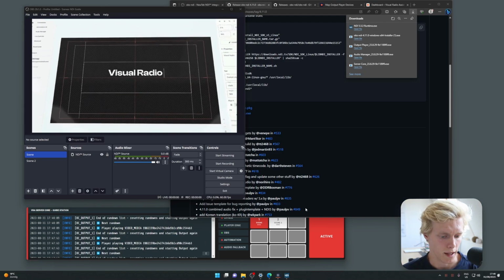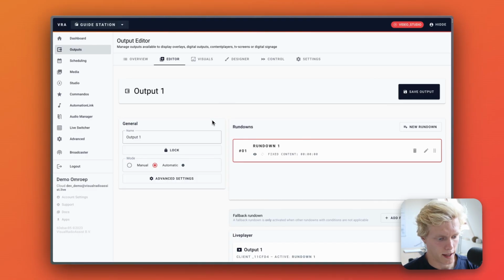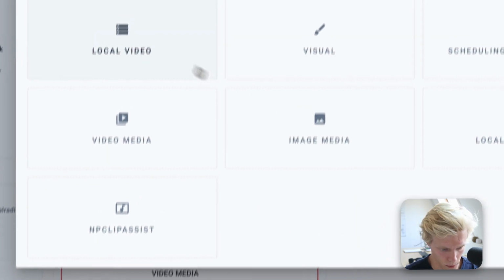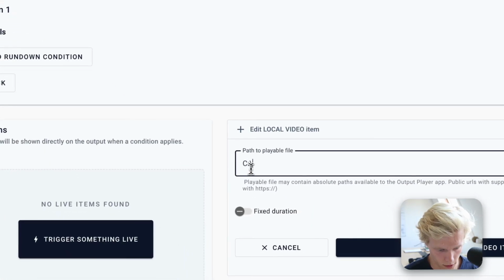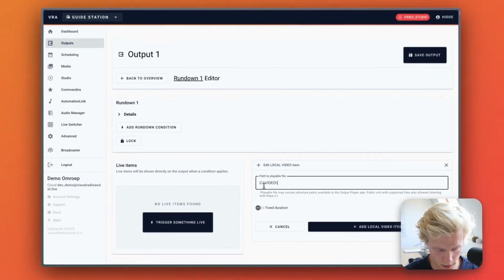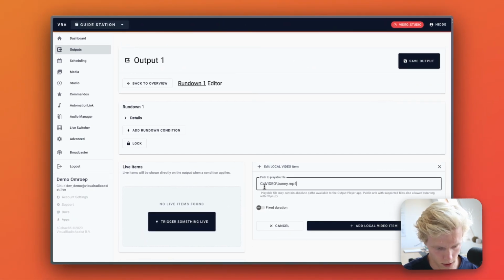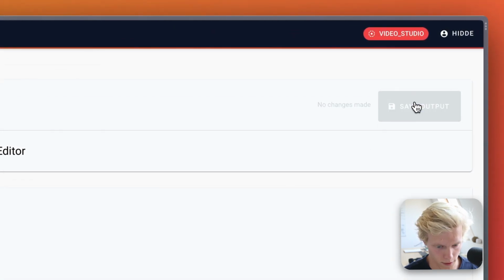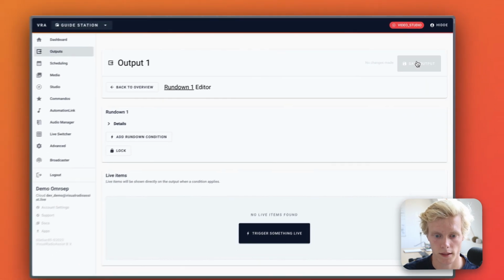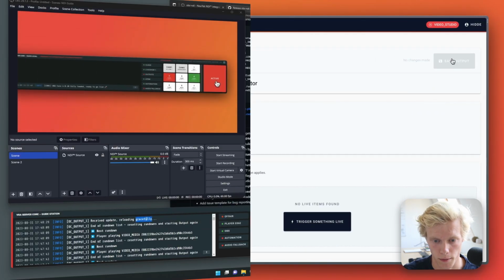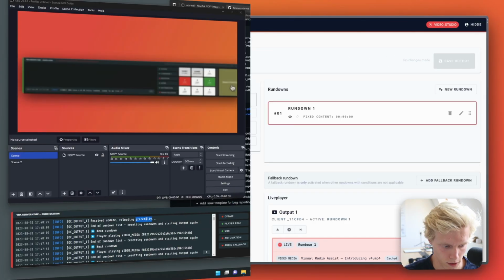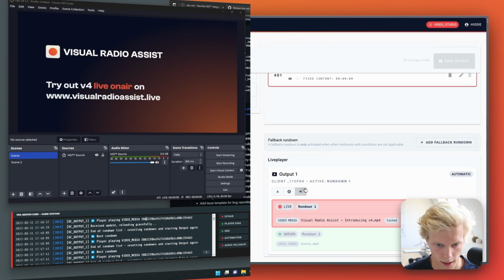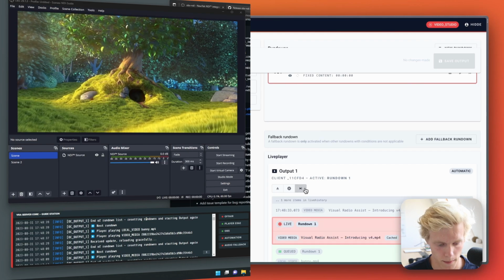To test if the output player is really playing different content in the NDI source, I can go back to my rundown 1 and add some example content I have on my machine. Within the cloud dashboard on a different machine, I click on Save Output, and I see that the output is received in the core as well. And after that, I can click through my new Bunny video